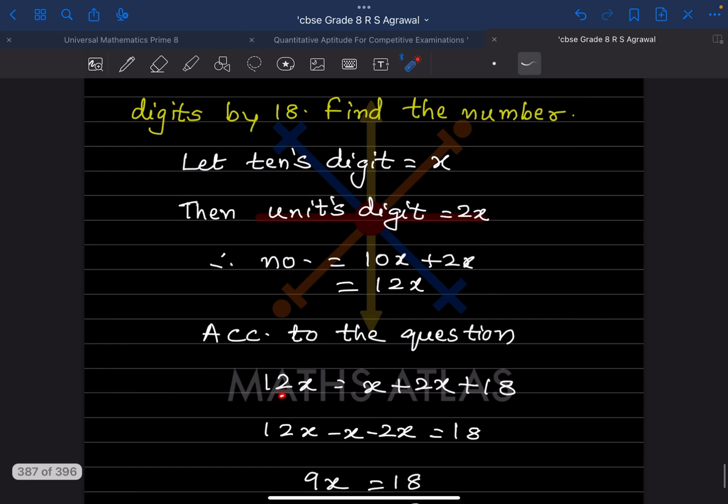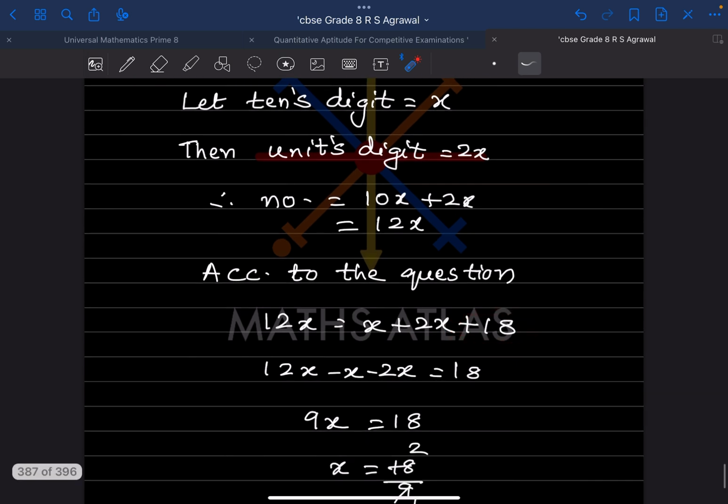So now here 12x, and this x you will bring it here, that will be minus x. Here also, this 2x you will bring here along with the sign. If you take this side, this is plus, that is going to be minus 2x, and this 18 stays in its place. So here when you solve this part,